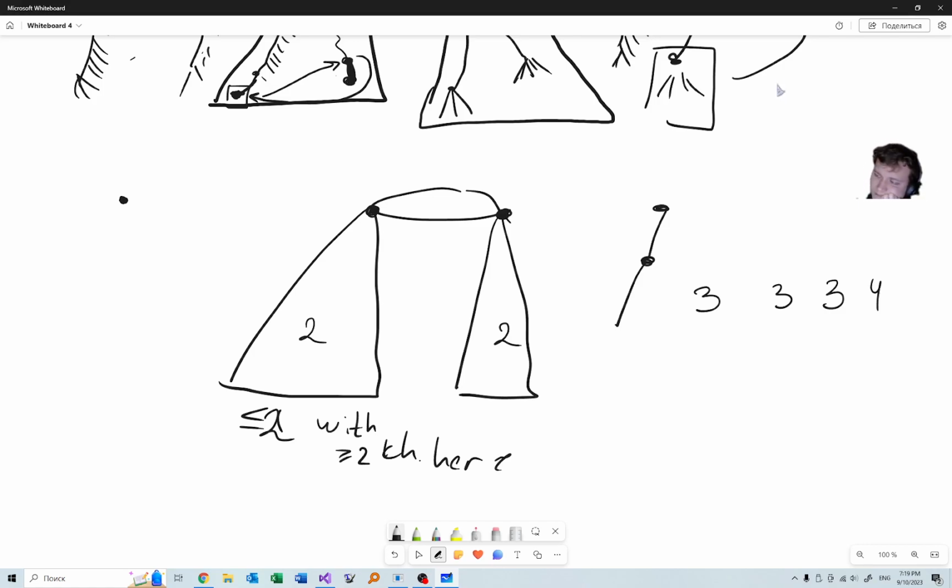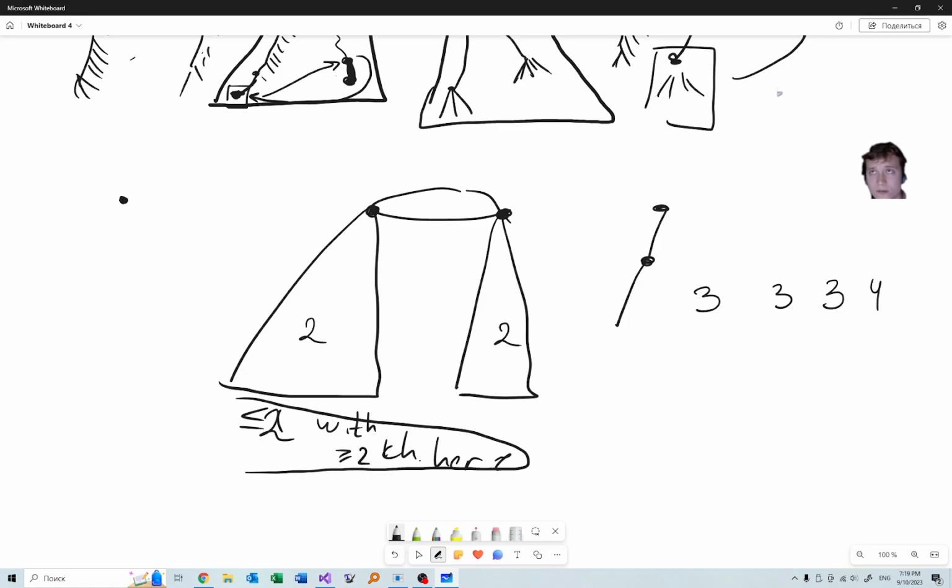No. Okay, assume that we have at most two vertices with degree at least 2. Then